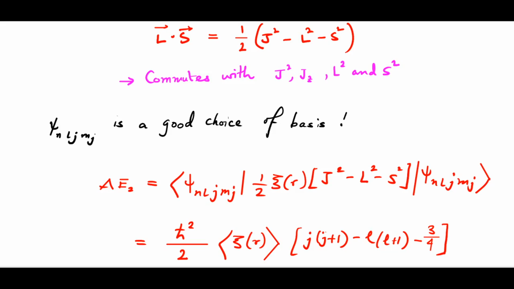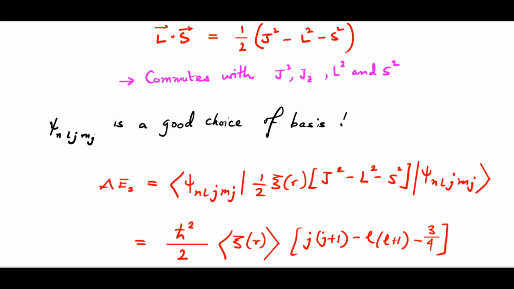Remember, this really should have been L dot S plus S dot L, but L and S commute. Now this form makes it even more obvious that this expression commutes with J square, Jz, L square and S square, if you wanted any further confirmation of that. And this is what actually tells us that psi n, L, J, Mj is a good choice of basis for this particular problem. So now that we have a good choice of basis, let us try to calculate the